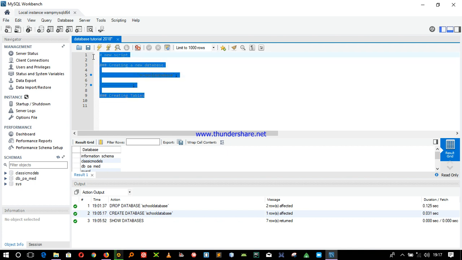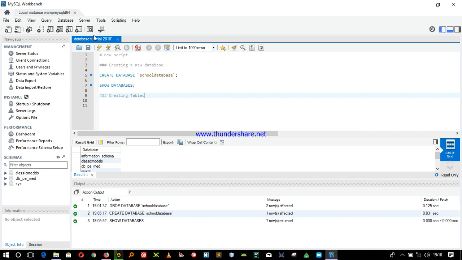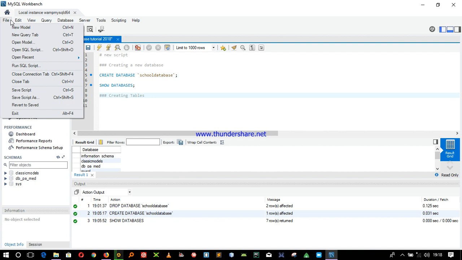No, I can't zoom this. I wanted to zoom. Alright, I can't zoom. Anyway,